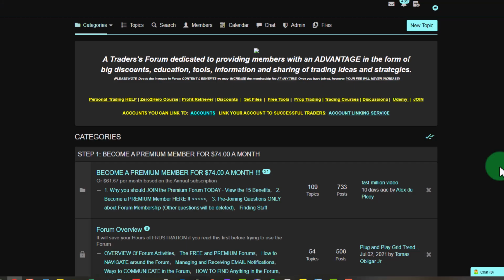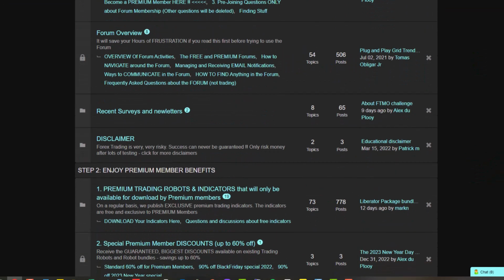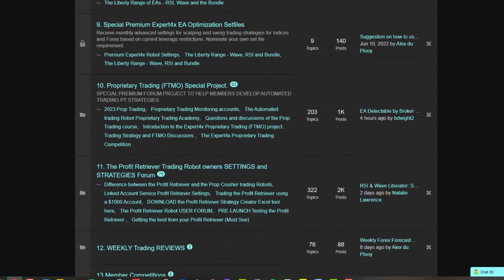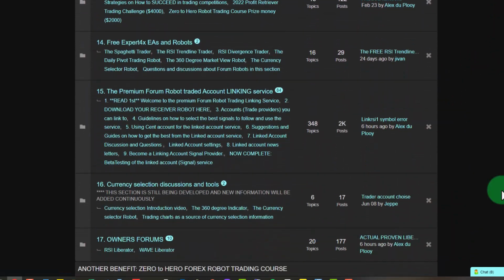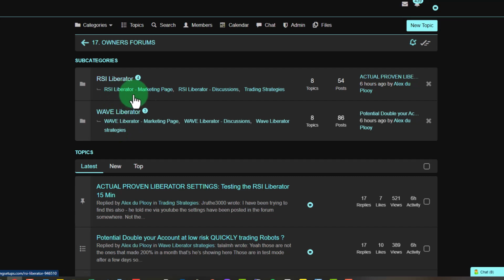Then the third source of settings is on the paid forum, and here we are on the paid forum, and there's a section here, enjoy the premium member benefit. So there's benefit 1, benefit 2, and so on. I'm going to go right down to benefit 17. It's the owners forum. You click on that and it opens up, and in the